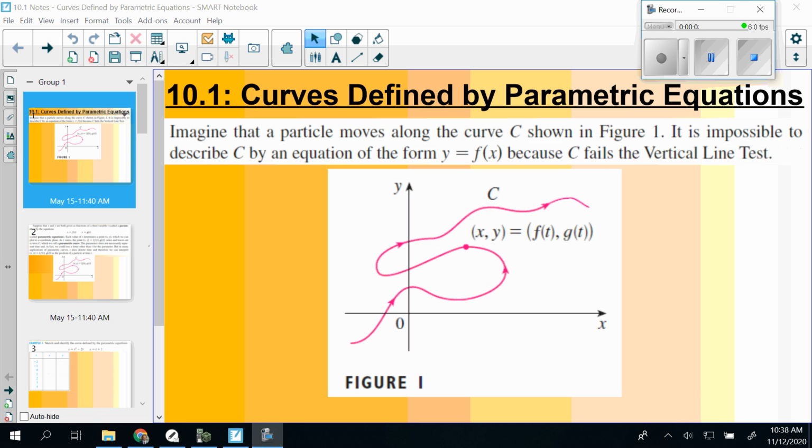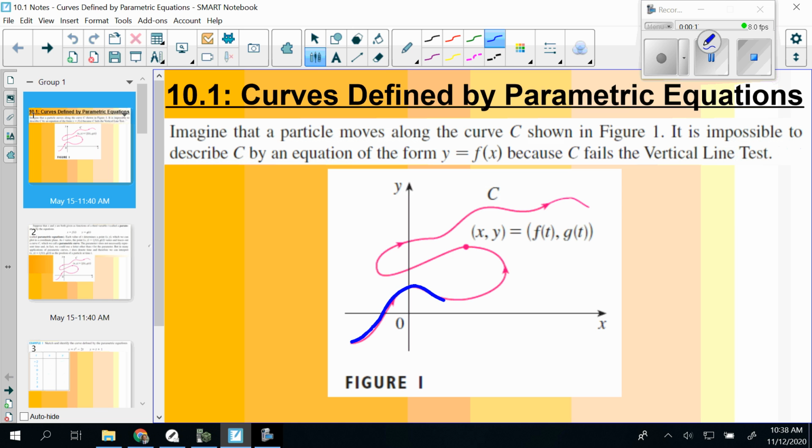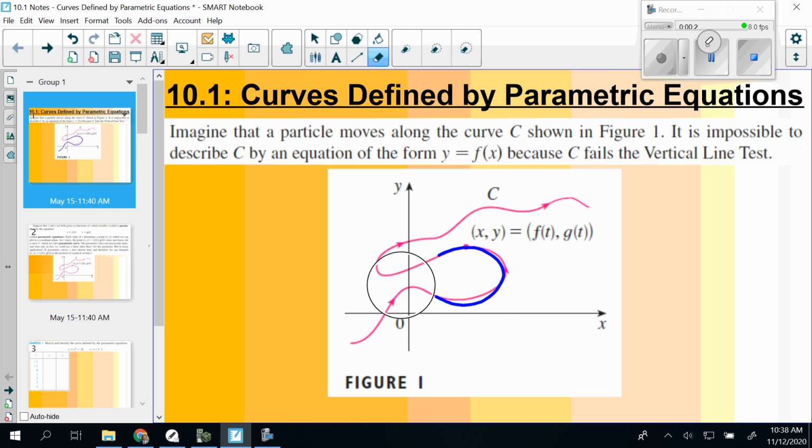All right, today we're going to look at something called parametric equations. So imagine that some kind of particle here is moving along this graph of curve C here. You can see indicated by those arrows that it's moving this way along the curve. What we're saying here is that it would be impossible to describe this graph C by